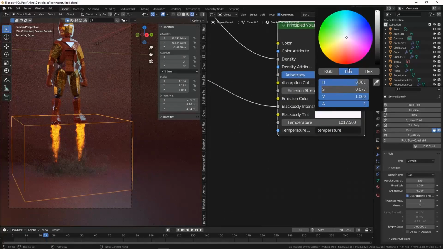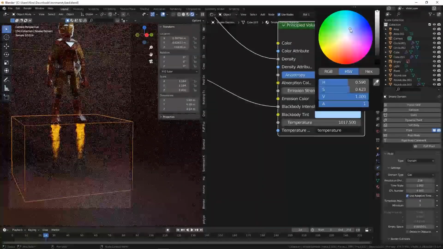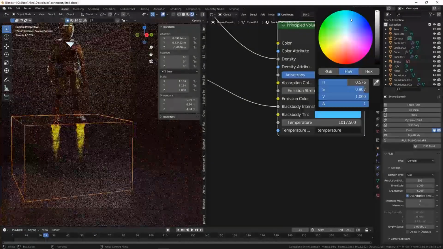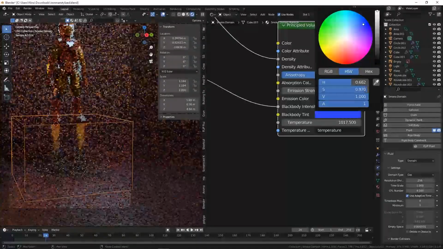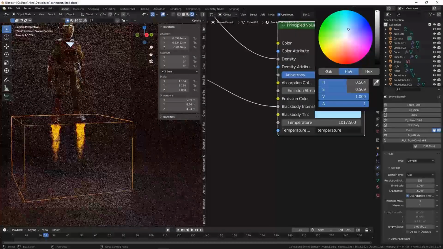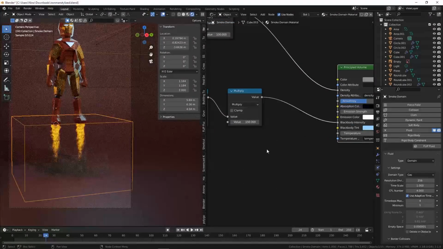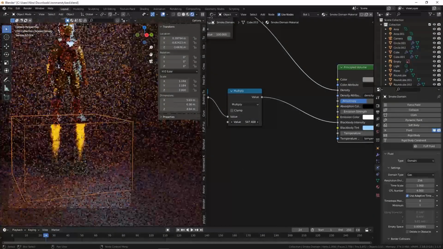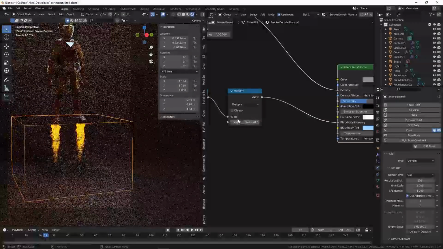So just change the black body tint. And I feel like we need some kind of a bluish color to go against those reds a little bit. So you can see that it also changes the intensity a little bit. But let's just try to find something that suits the thrusters a little bit more. And I think something like this is already more like something we're looking for. We can up this value of the intensity, not that much, maybe down to